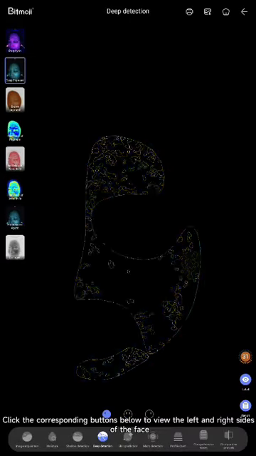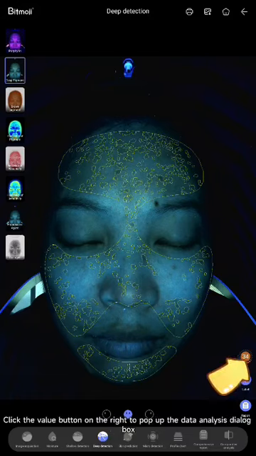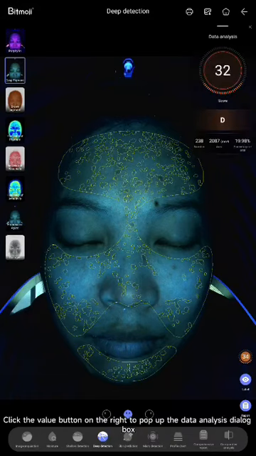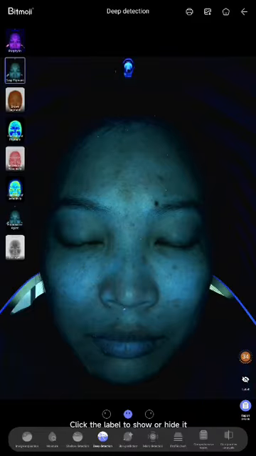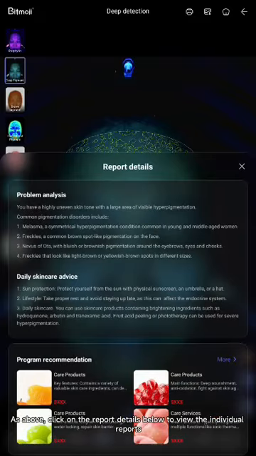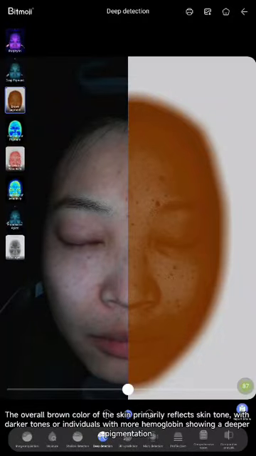Click the corresponding buttons below to view the left and right sides of the face. Click the value button on the right to pop up the data analysis dialog box. Click the label to show or hide it. As above, click on the report details below to view the individual reports. The third part is the brown pigment page. The overall brown color of the skin primarily reflects skin tone,